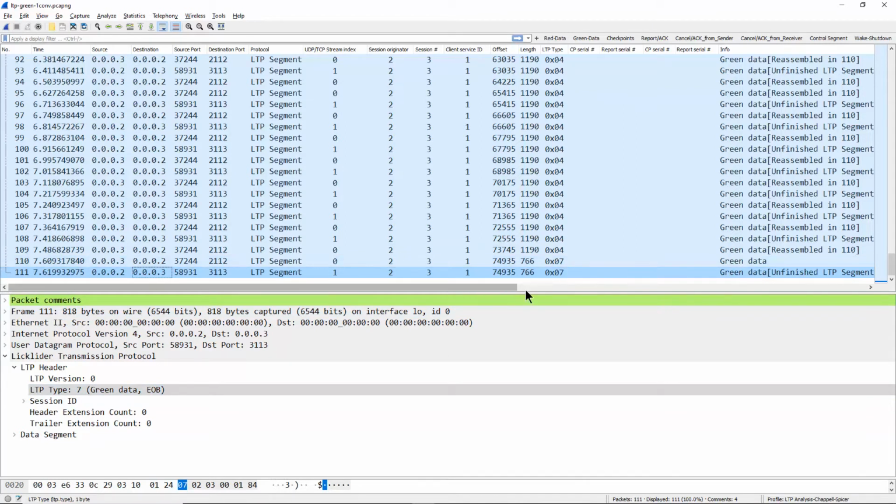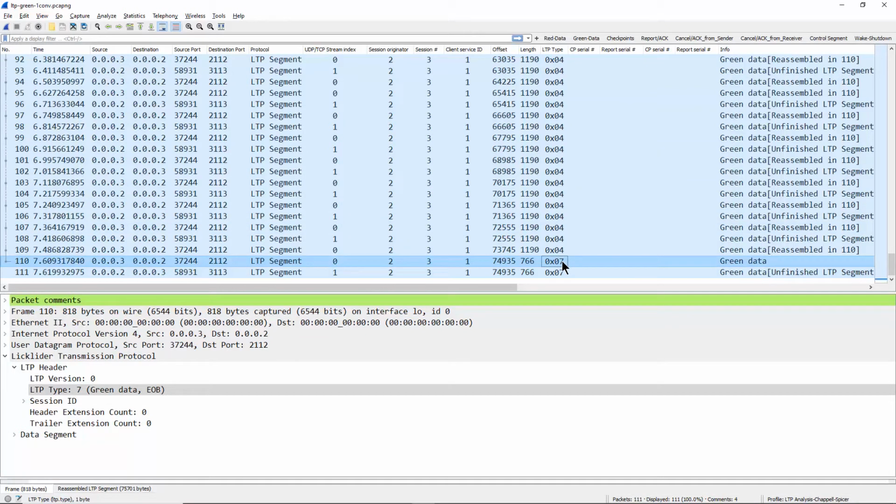Unfortunately, on the right-hand side, we can see that Wireshark is having a little problem here: unfinished LTP segment. The LTP dissector at this time in Wireshark is not the strongest dissector in the world. The normal, correct behavior of LTP is really throwing the Wireshark dissector for a loop here. It's trying to reconcile that we have segments of green data, and it doesn't make any sense to Wireshark. So don't worry about it. We know that the end of the block is the one that's marked as 7. There it is, and there's the echoed one.